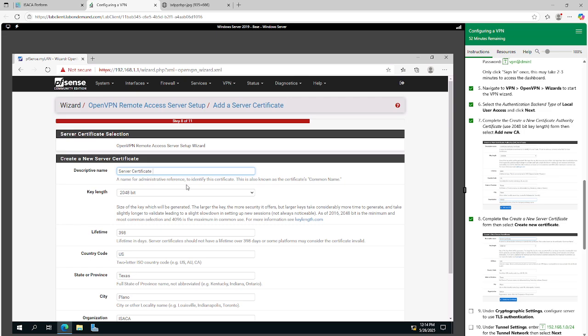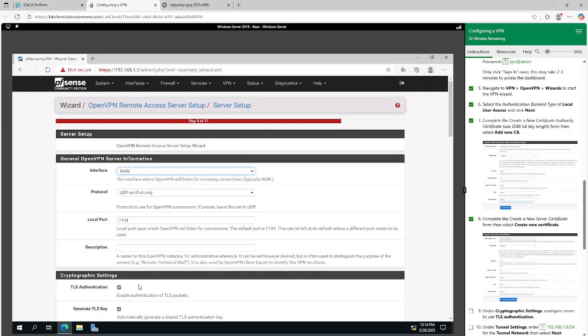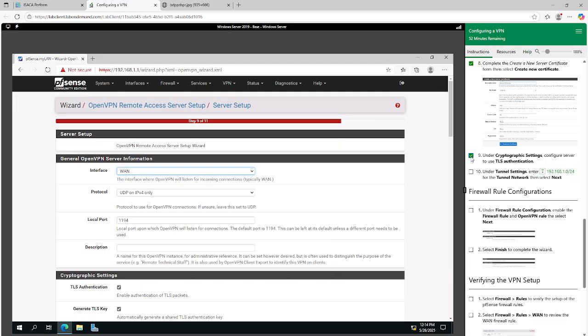Saver certificate. It just stays the same, right? So let's do create new certificate. There we go. Okay. What does step 9 tell us? It says under cryptographic settings, configure server to use